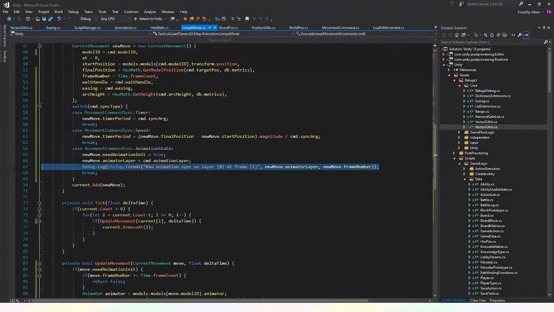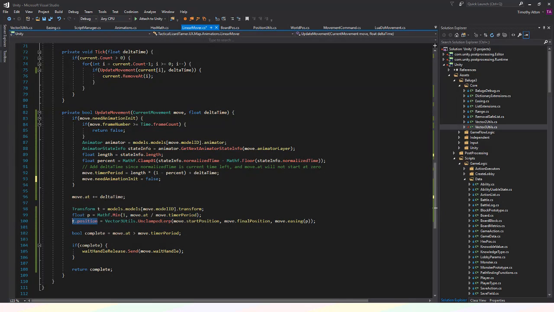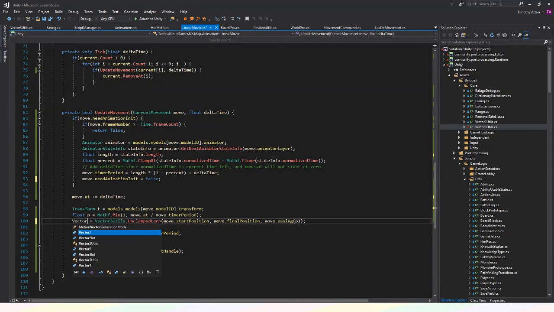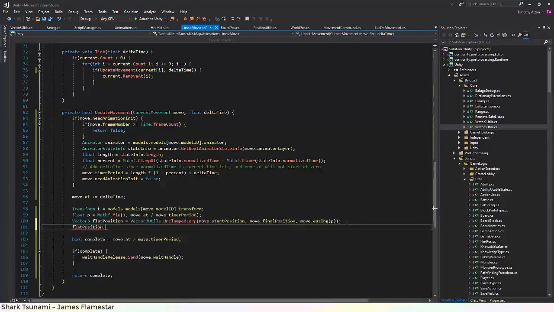I can get rid of that. Debug. So I won't set the position just yet. Vector 3 flat position. And then the flat position we'll just add onto the y, so it's plus equals move dot arc height